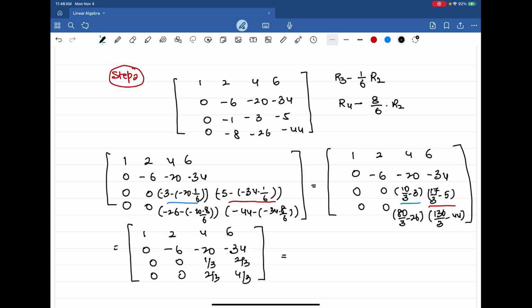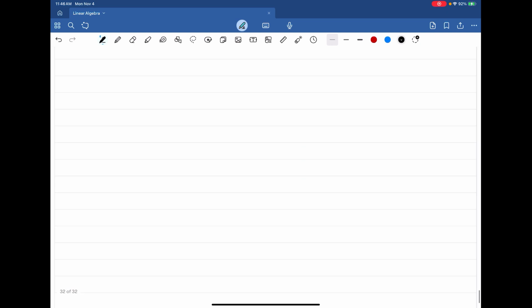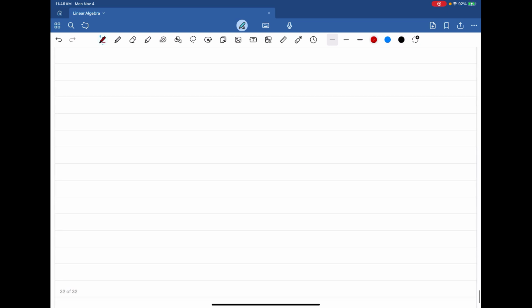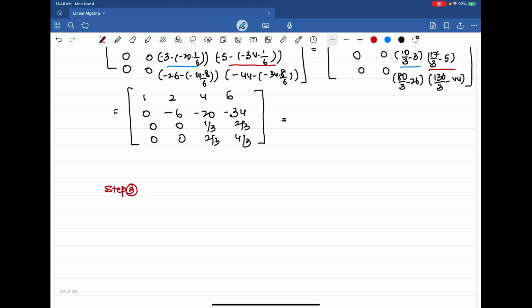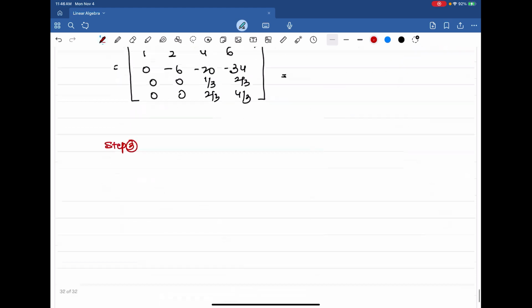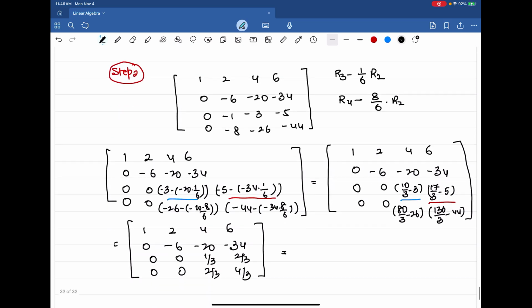Step 2 is over. Now we will go for step 3. In step 3, what will we do? The answer in step 4 is 1, 2, 4, 6. Now in step 3, it will be only one operation, that is R4 minus 2R3. You just see, first we have taken R1